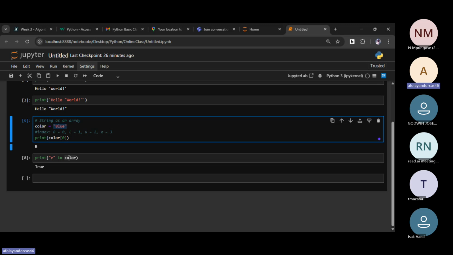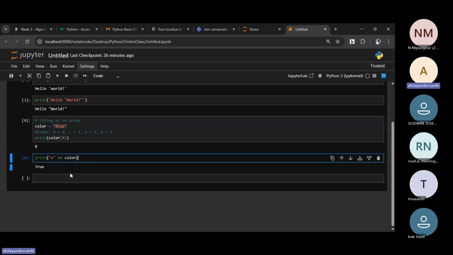Then it said yes, there is E there. This is very simple English. So if you want to check if something is in your table of values, like since you're going to be working with data science, if a particular thing is in your table.